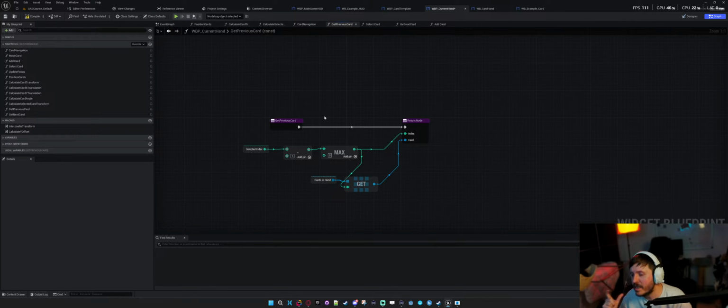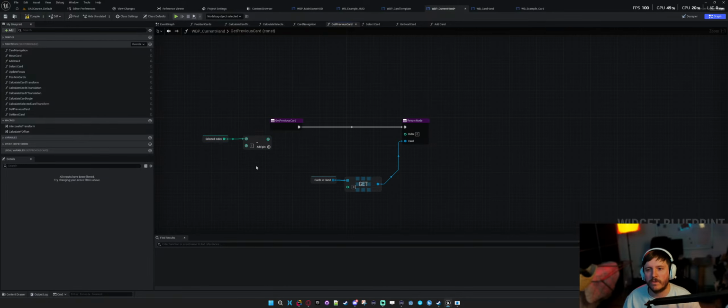Because yeah, we're at index 0. And then we want to get the previous card. So we're at 0. If you're pressing left trigger, would you expect to wrap around? I think I would. So I guess I would have to say, so if selected index -1